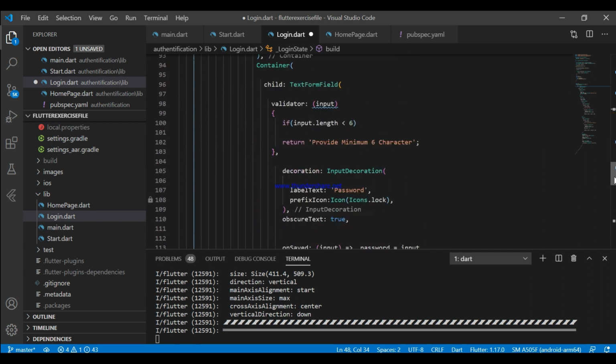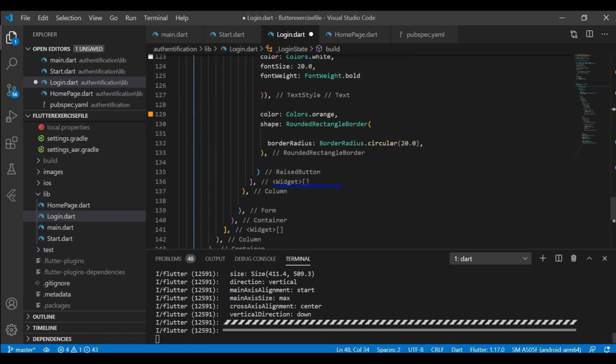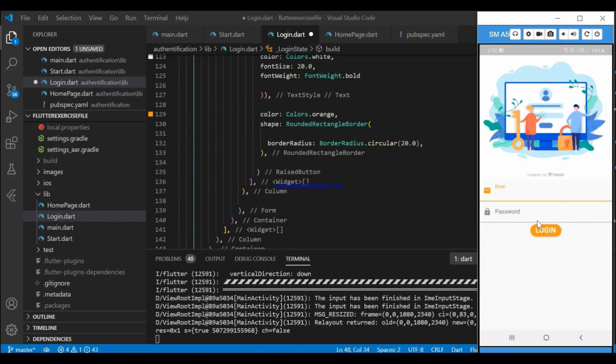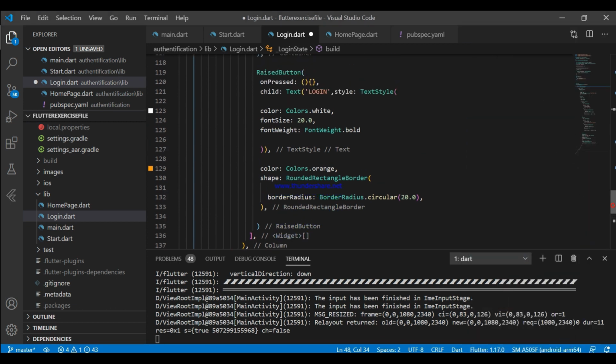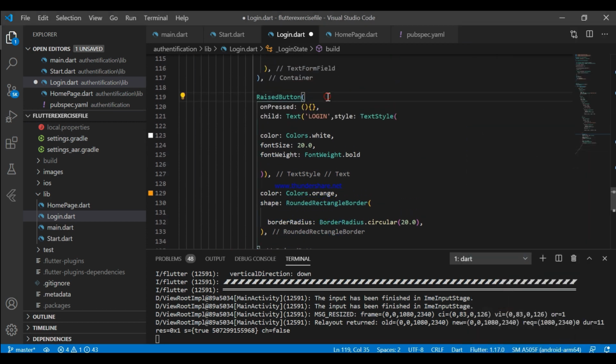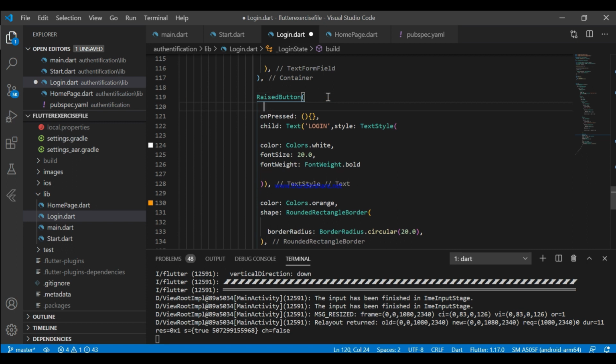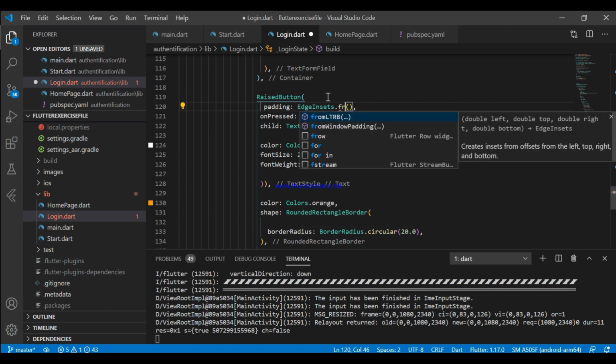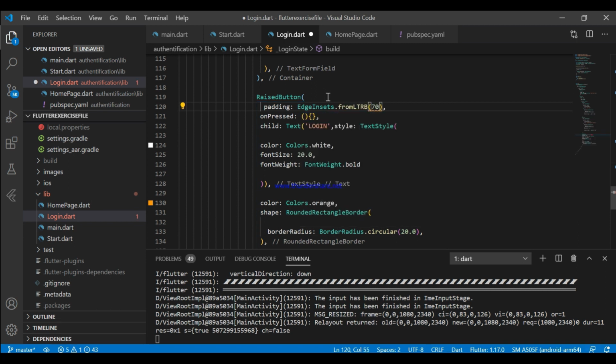Now let's reload the app again. Now it's all working fine. We need to stretch the raised button from all the sides, so here we need padding also. This time I'm using padding from LTRB, which means left, top, right, bottom.